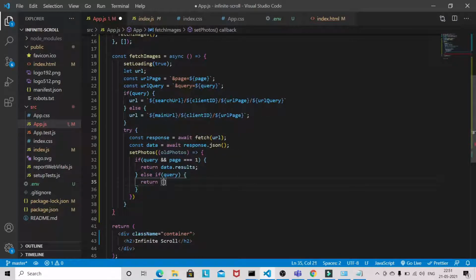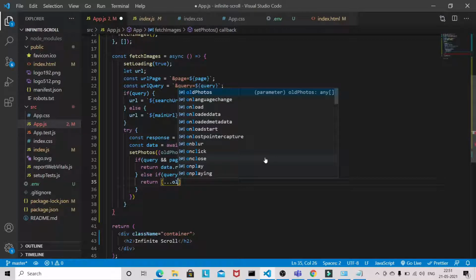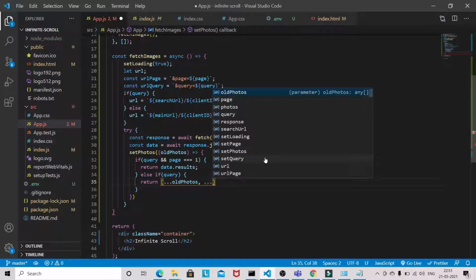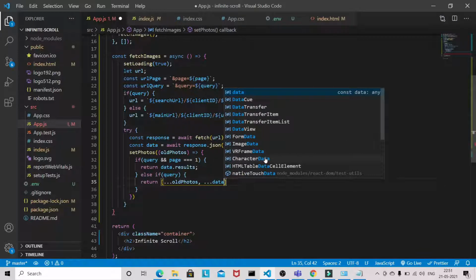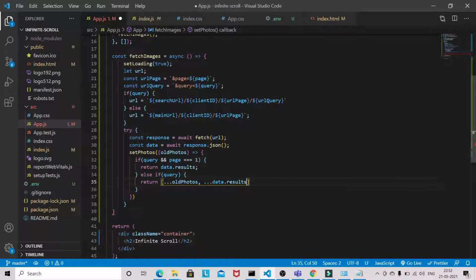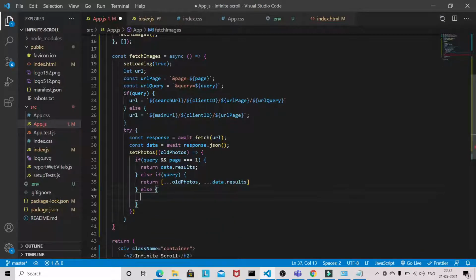So we will be appending our old photos and adding, basically appending, the new images which have come. Else.